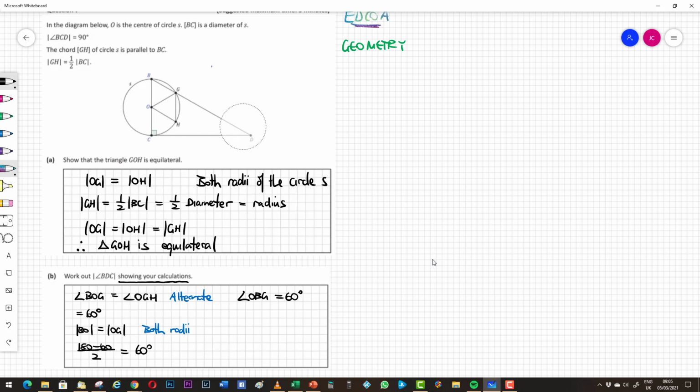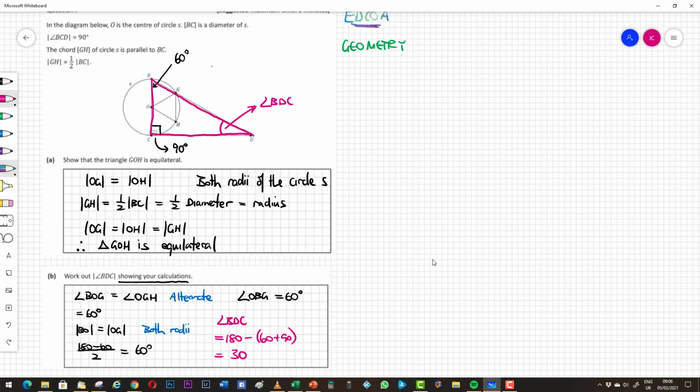Okay, so now that I have that top angle, I'm just going to clean up my diagram a little bit here, because all that work there was just to establish that this angle here, angle OBG, was 60 degrees. We know that the angle down at the bottom here is 90 degrees, and we have a right angle triangle here, the triangle BDC. And remember, the question is to find this angle here, angle BDC. So what will angle BDC be? Well, angle BDC is equal to 180 degrees minus the sum of 60 and 90, which is 180 minus 150,